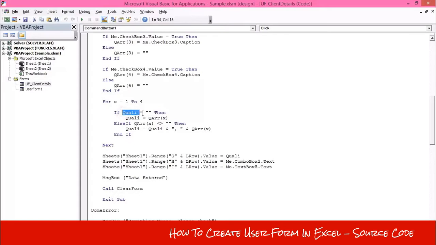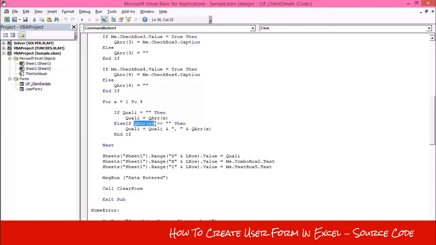If qualification is not empty, it means that some qualifications have already been assigned to this variable, and in this case this condition will be executed.